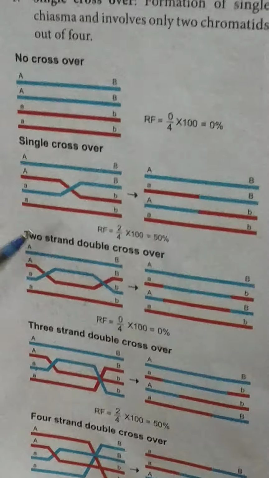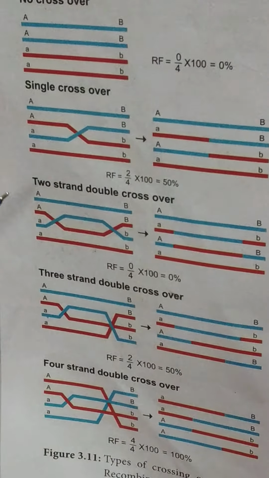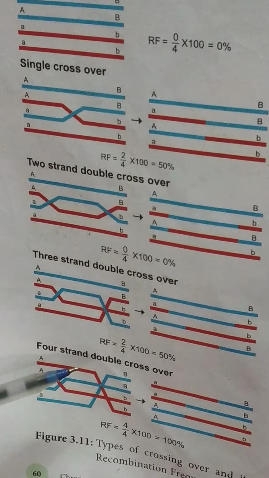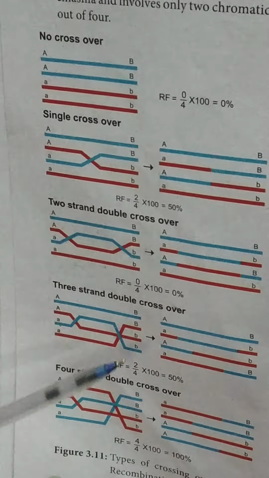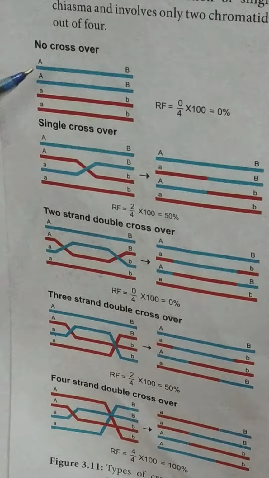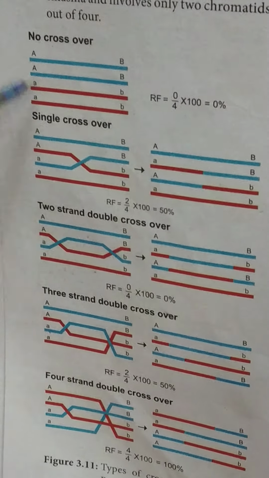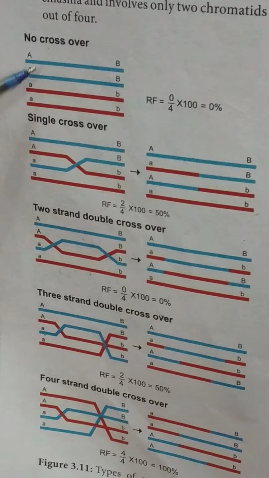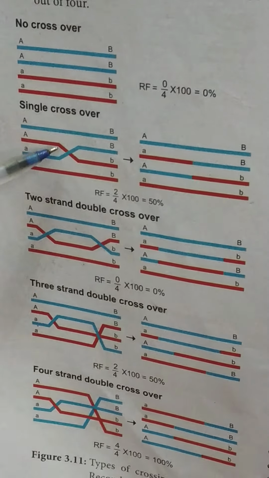Students, you can see this picture. This picture is for explaining the types of crossing over and also how the recombination frequency can be calculated. The calculation is also given. So you can see no crossover takes place in all the 4 chromatids. You can see here 2 chromatids, the second homologous 2 chromatids here, and in the second picture you can see